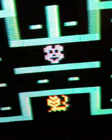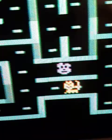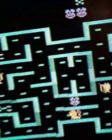Now the graphics here are decent. That does look like a pretty good mouse, and the cats look like cats. Quite frankly, our mouse looks a lot like...